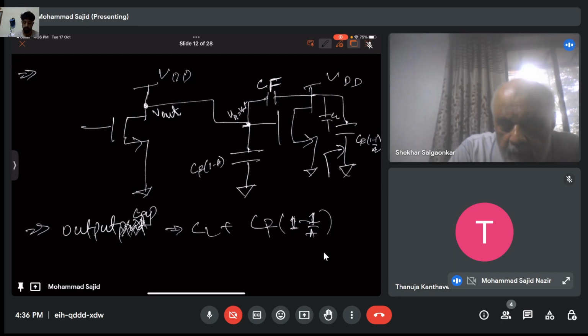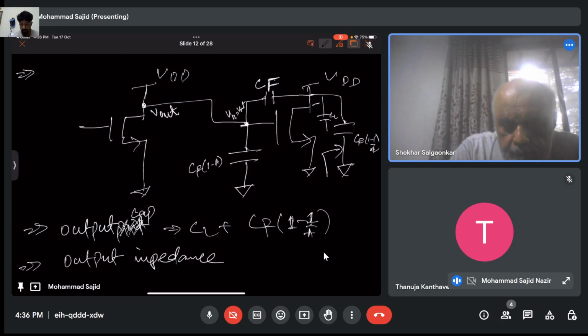Okay, so once you know the output capacitance, what remains is the output impedance. You have to calculate the output impedance from here, right? Yeah, from the output side, having gm2, gm1, R2, R1. Just remember that these are the resistances. Remember that you are calculating the time constant for this capacitor, right? And at that time, you don't have to consider these capacitors.